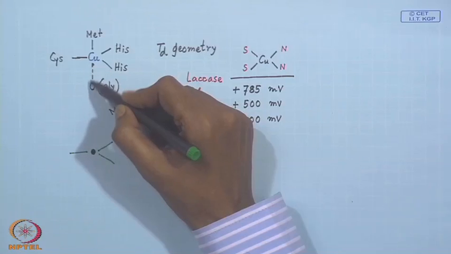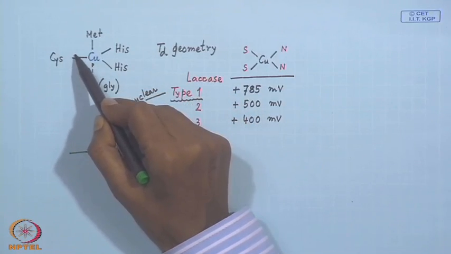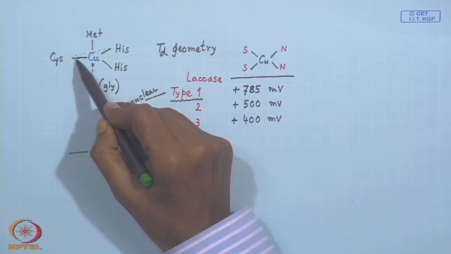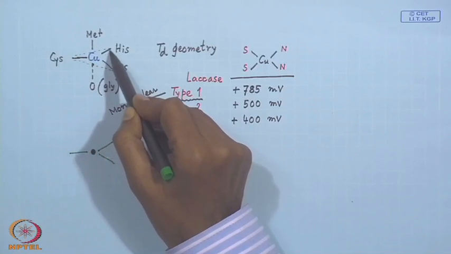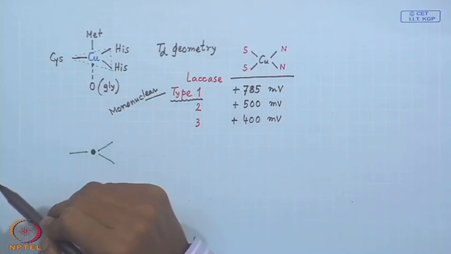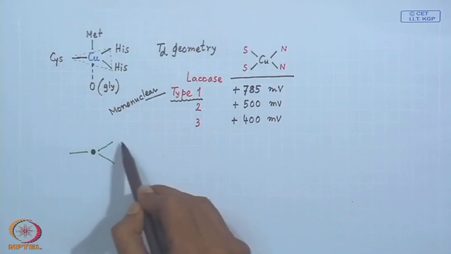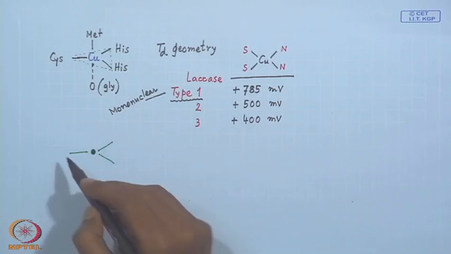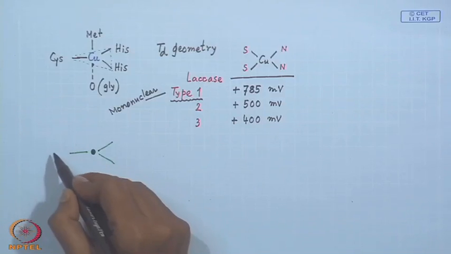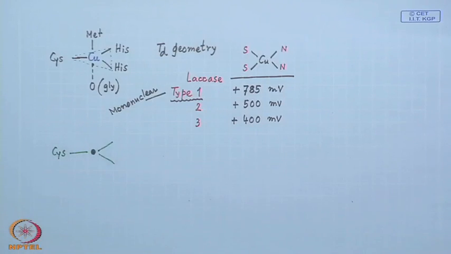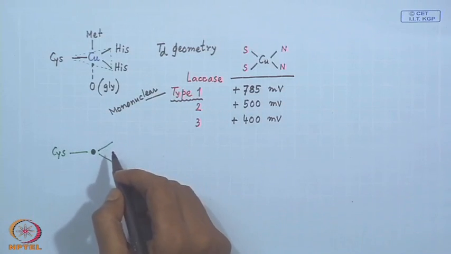If we consider this weak bonding from oxygen, we can consider it as a trigonal bipyramid geometry. So, this is the trigonal plane. These bondings are pretty strong. That immediately tells us that because you have the cysteine sulfur and we have the charge transfer transition, that immediate charge transfer transition in this plane, the trigonal plane, tells